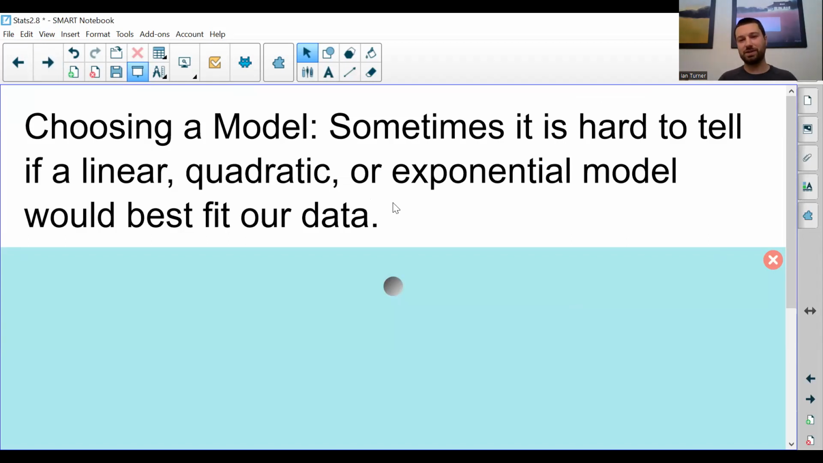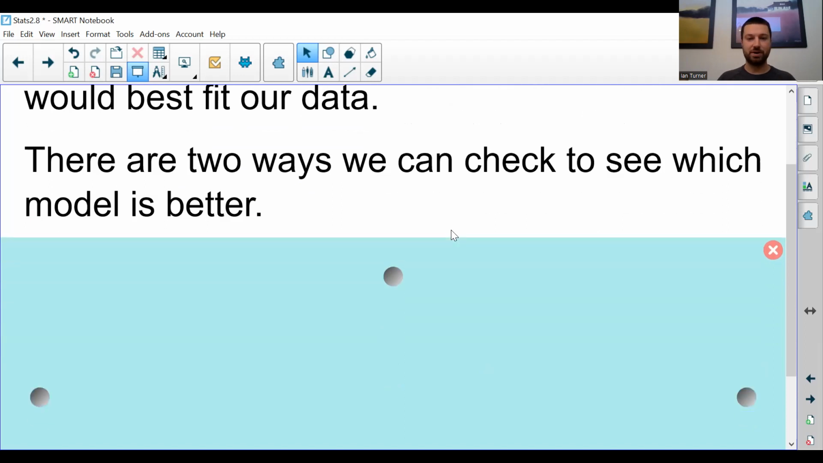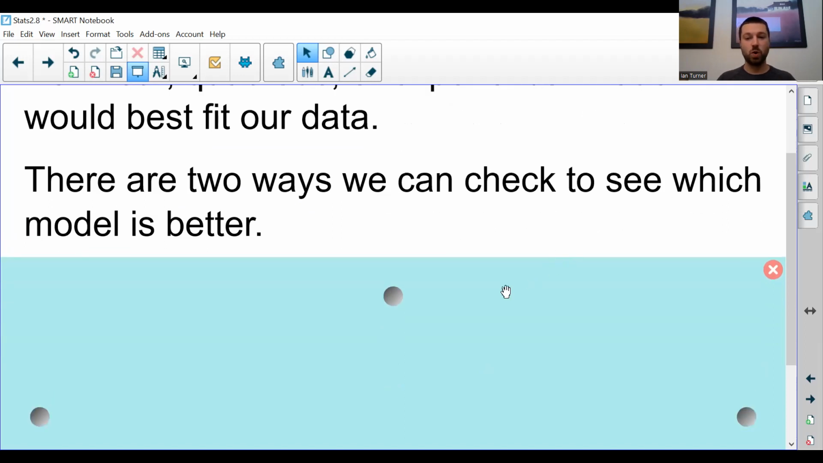But we're going to get real life examples, of course, that might not be so clear. So how do we tell, should we use linear, quadratic, or exponential? There are 2 ways we can check to see which model is better. Way number 1,